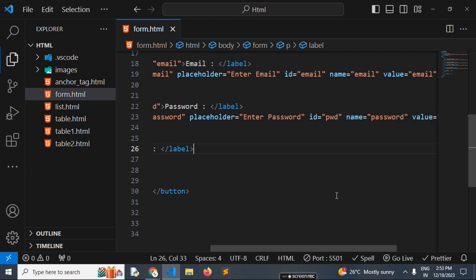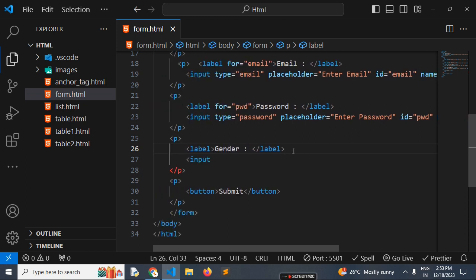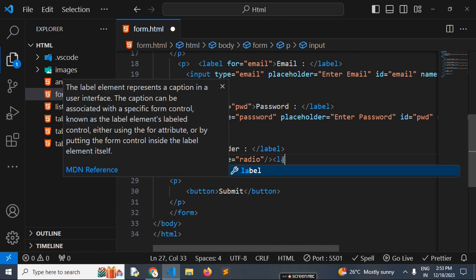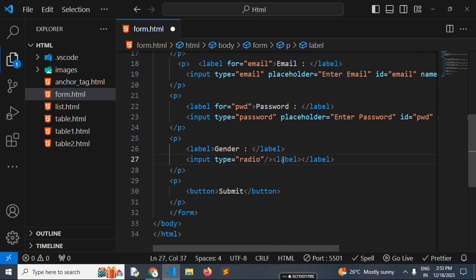Okay, and then we have added, so here we are adding radio buttons with the help of the input text box. If I want to convert this normal input text box into a radio button, we need to use type as radio, so it will convert that normal text box into radio buttons. And for this label, I want to add which data I want to select, so for that we need to add data with the help of label. So gender, like male,